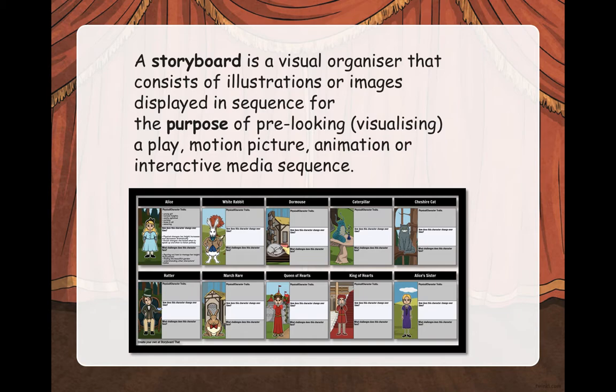And Nessie, we did a part storyboard for that as well. Well, we called it a story map. So now we're going to just call it a storyboard. So we organize the pictures in a sequence so that the people who are going to act in the play will know what the play looks like from the beginning to the end. It gives them a visual picture in their mind of the sequence of how the play is going to be